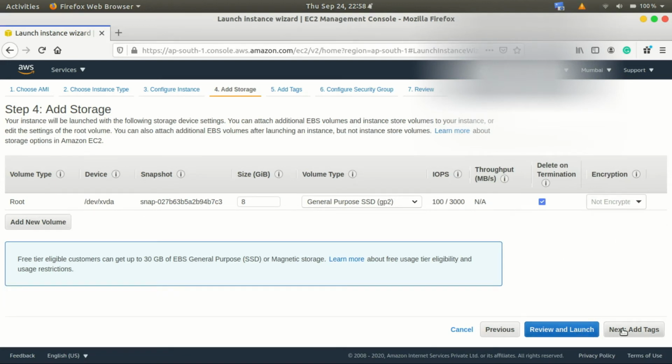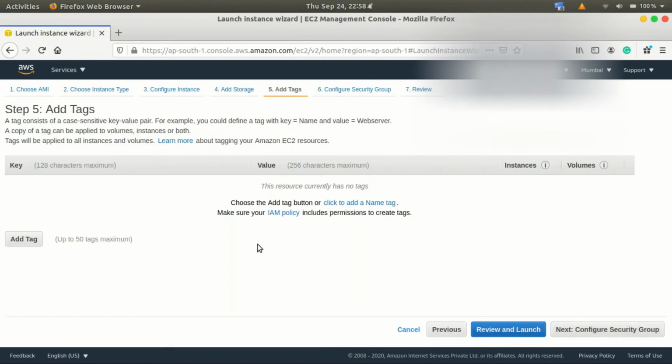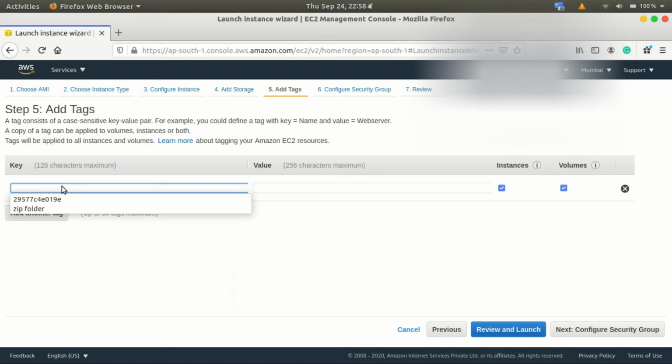Next we need to select tags. Tags are really very important if you want to isolate in terms of billing, or you want to identify resources with the tags. So let's say I'll give a tag, the VM name. I'll say Linux VM.